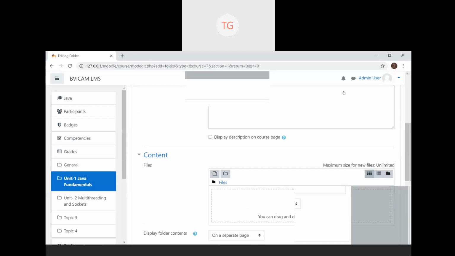Like we do certain lab demonstrations in our program. So if at the end of a unit, I want to share certain lab demonstrations with a student, now, I don't want all program files to be uploaded simultaneously. I want program files related to one topic being uploaded separately. So you can do that using the folder option.